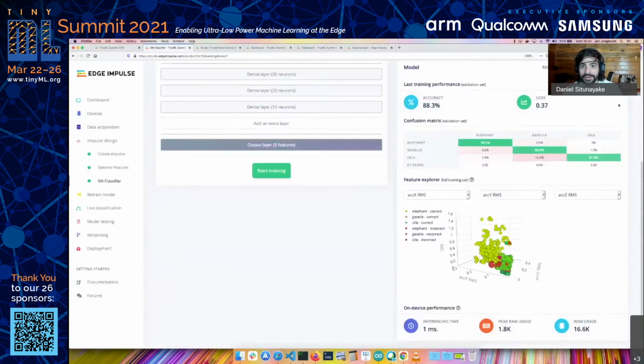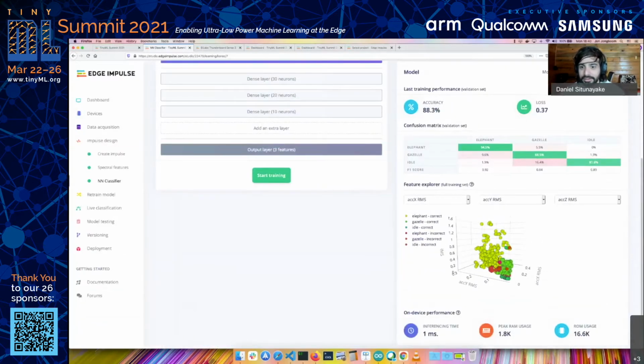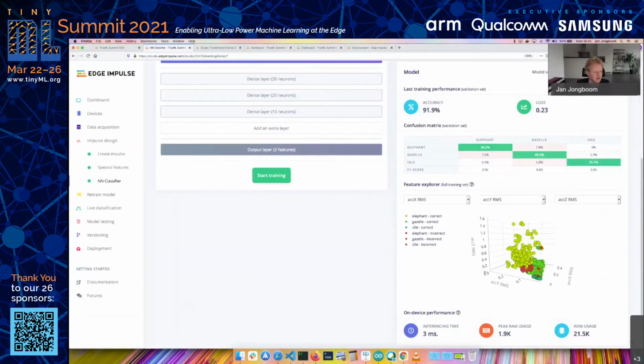So that's the interesting part, right? If we quantize, we can do stuff. It doesn't matter too much here because the model is so small, but we are about 3 times as fast, and we use a little bit less ROM and a little bit less RAM. However, if you look at larger models, like an audio model, this could sometimes be 3 times as little RAM, and 3 or 4 times as fast to run, which might very well be the consideration between, now I can actually run it on device, or now I can't run it on device because it doesn't hit my